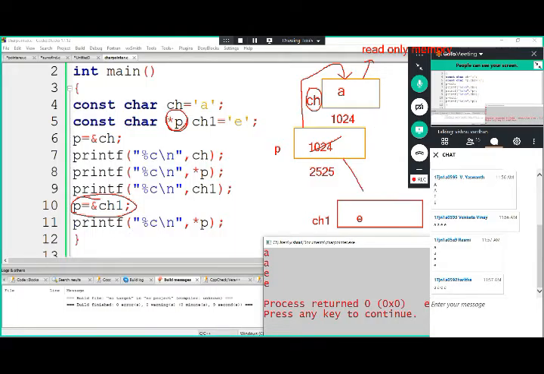Here, let me write this one. Now it is pointing to, after storing the address, let us think the address of ch1 as something like 1026, for example. Let us think this is the value. So now due to this value, the address of the pointer can be changed here. So now this becomes 1026. So after changing, p starts pointing to this location. Okay, do you got my point?